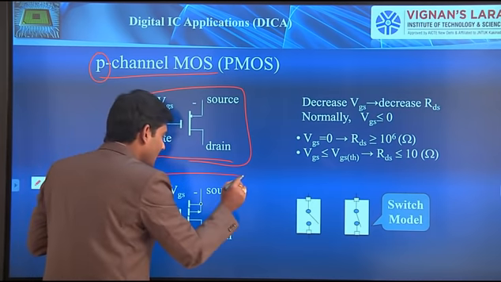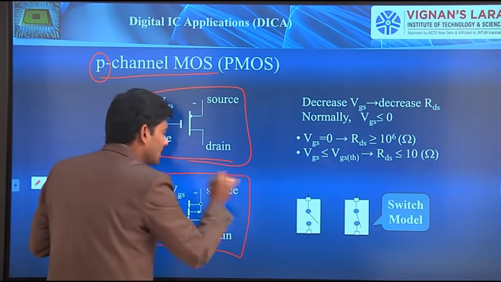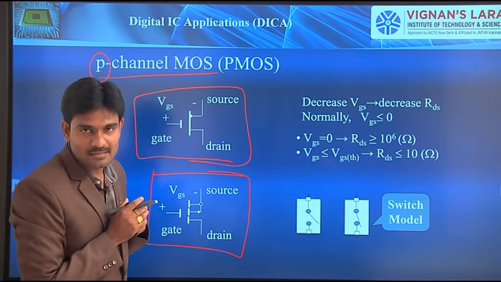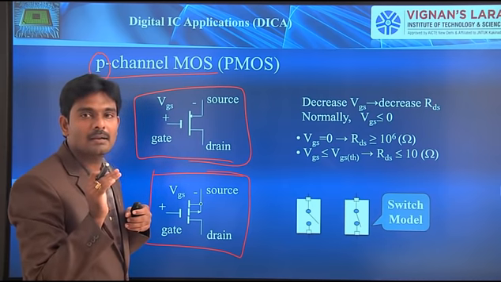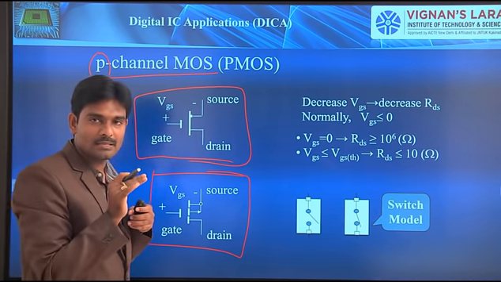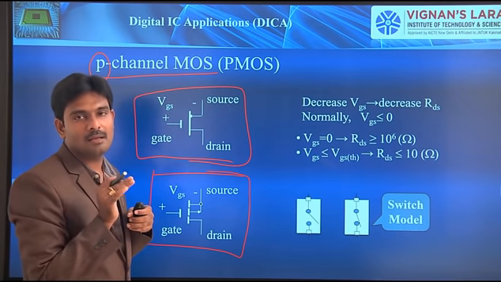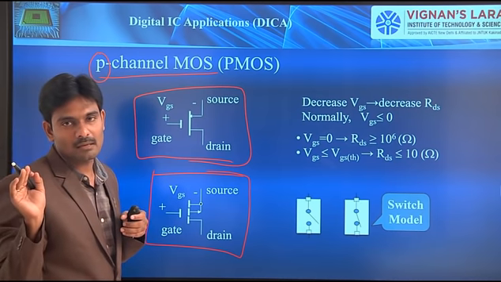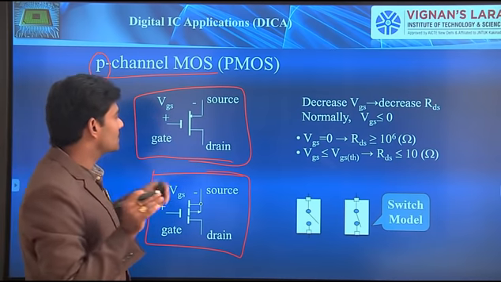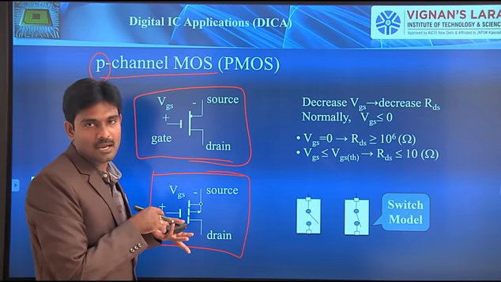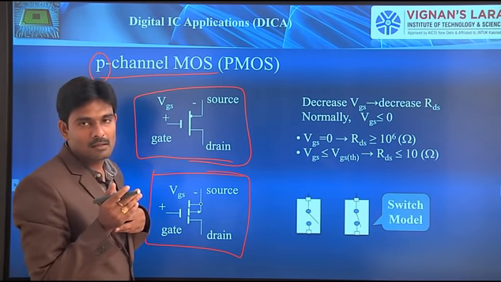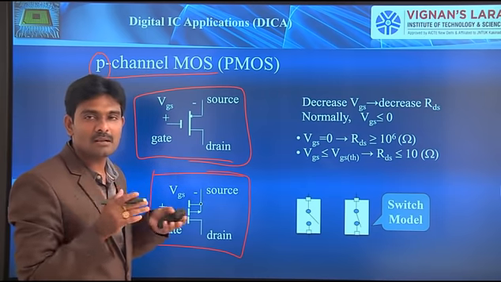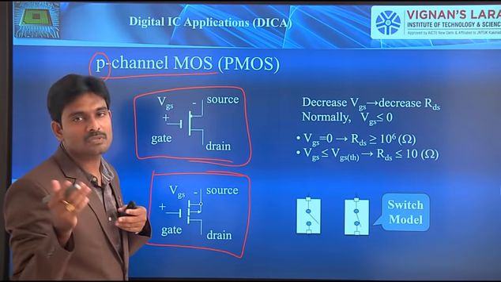And in the same way as we discussed in the previous one, PMOS also consists of two types of modes of transistors, enhancement and depletion mode transistor. In enhancement, even though you didn't apply any gate voltage, no channel is going to be present over there. VGS equals 0, that particular transistor is in off state. While coming for depletion mode, even though VGS equals 0, a channel is going to be present in between source and drain.